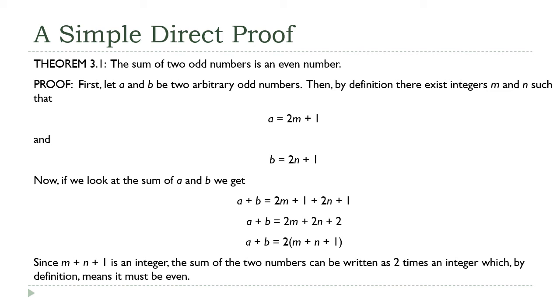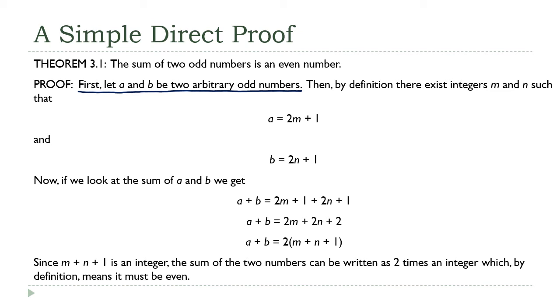Okay, so I've written out the complete proof here, right? Hopefully you've already read this out yourself in your notes, just so that we have a clean version so I can pick out some specific points. When you're doing a direct proof, a common first step is to use universal instantiation to assign variables to specific instances of the thing that the proof is giving us information about. That's what I'm doing here